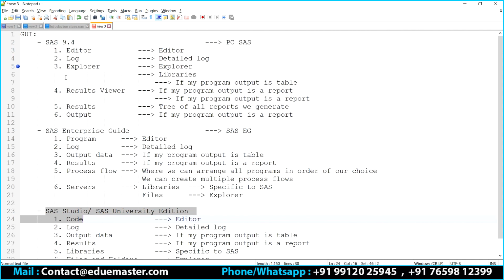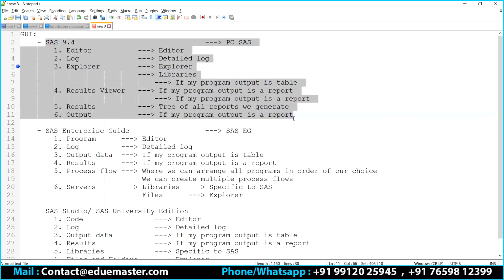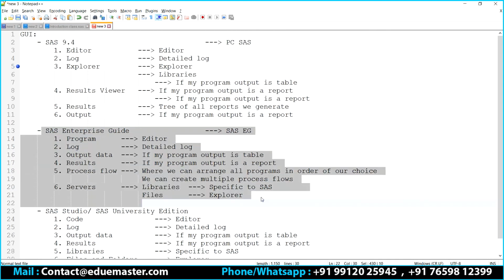Let's say if your organization is developer centric, meaning they want to give the benefits to the developer irrespective of the operational cost, then they will choose SAS 9.4, because compared to SAS 9.4, SAS Studio is least expensive, but feature wise it is easy. So if your organization feels that, hey, why can't I give SAS 9.4 to my organization, they can give it. But if I don't generalize in that way, most of the companies follow Linux, so obviously it is going to be SAS Enterprise Guide.